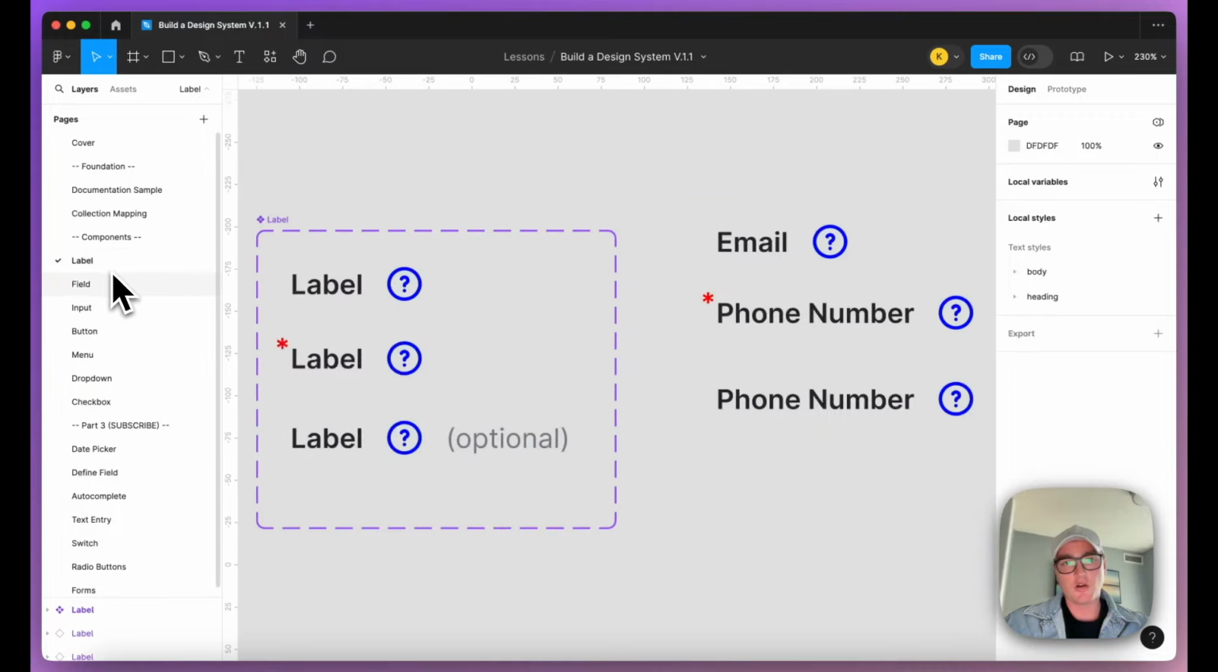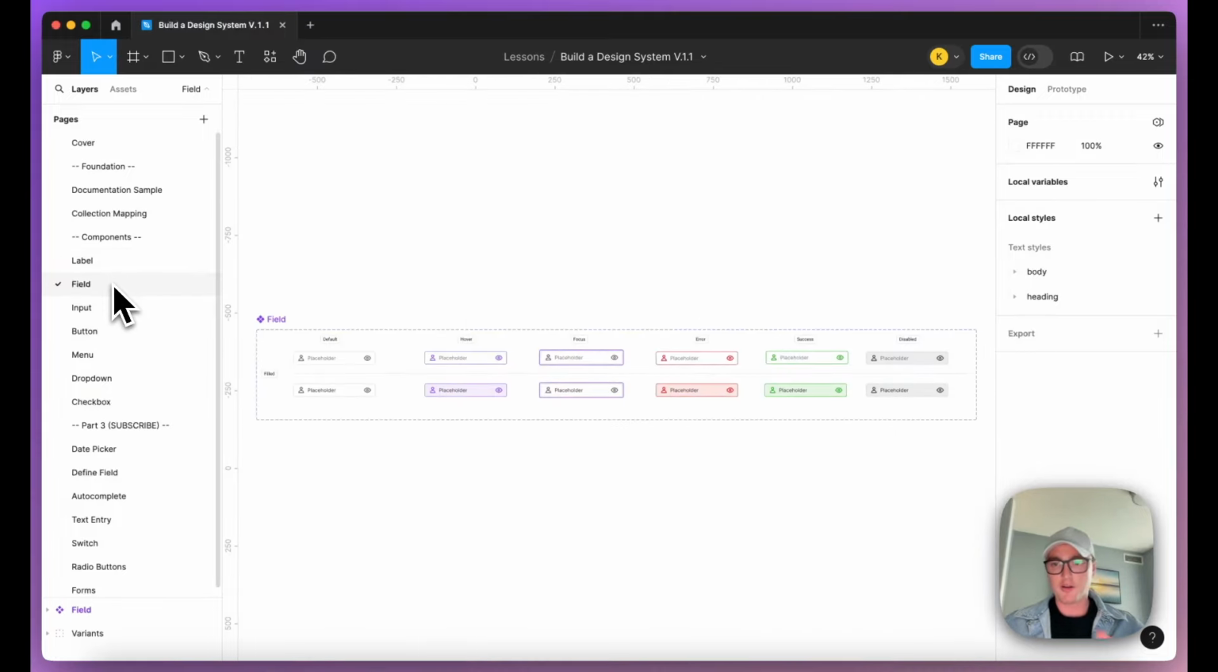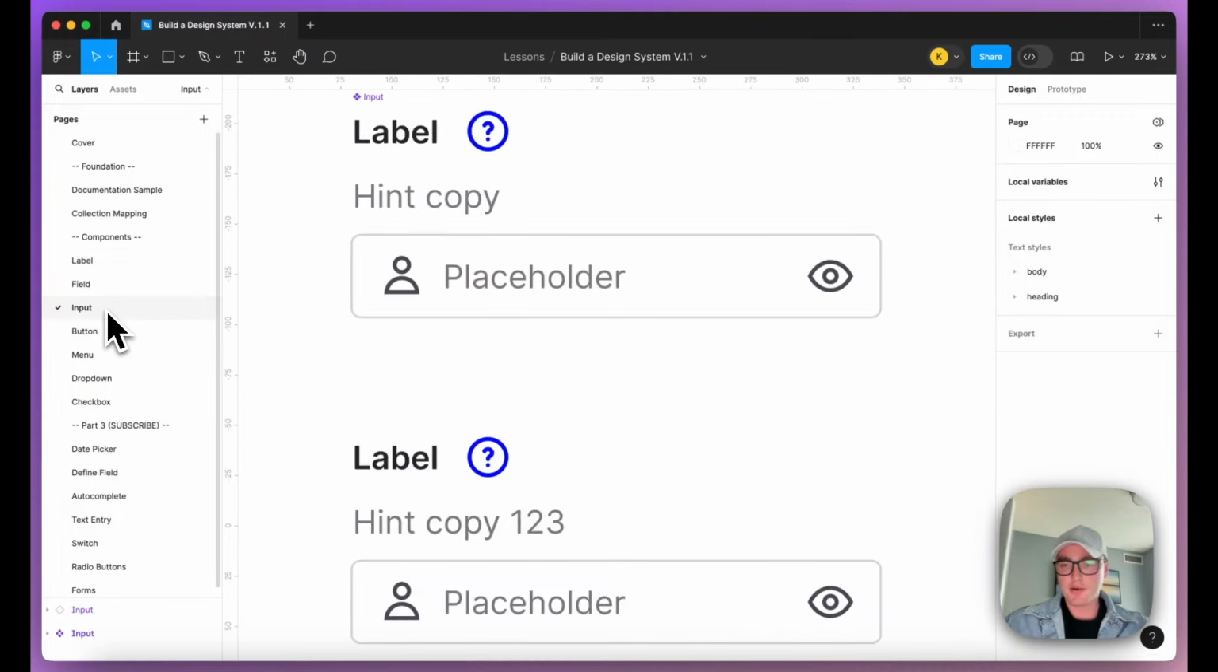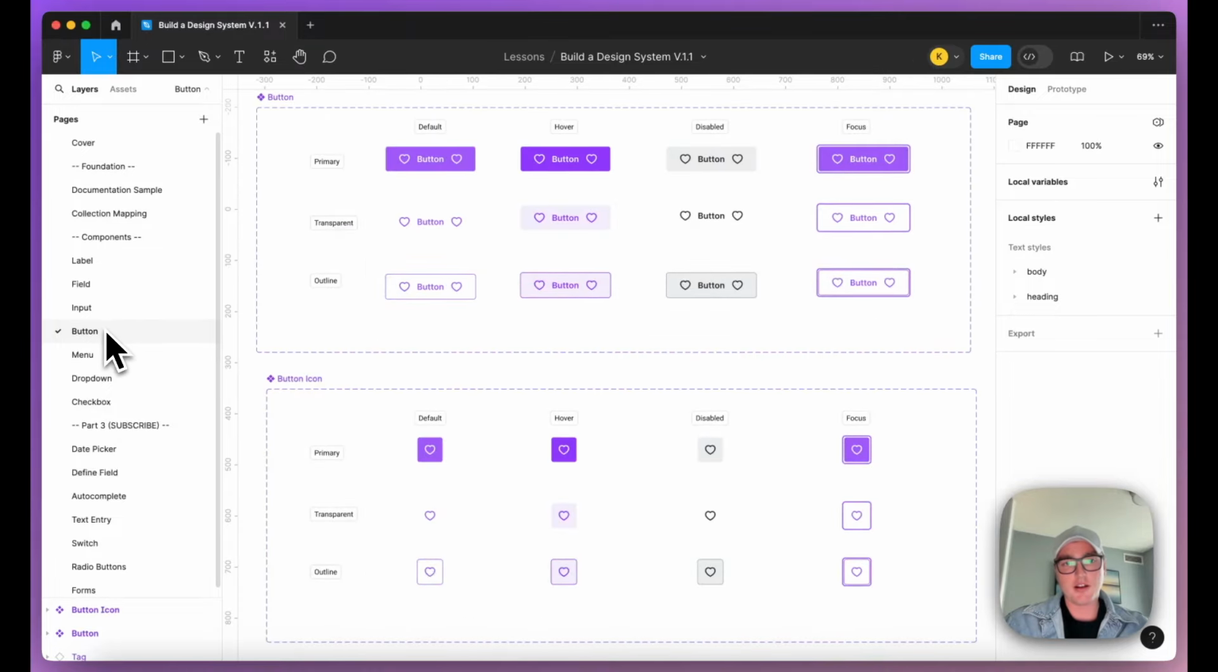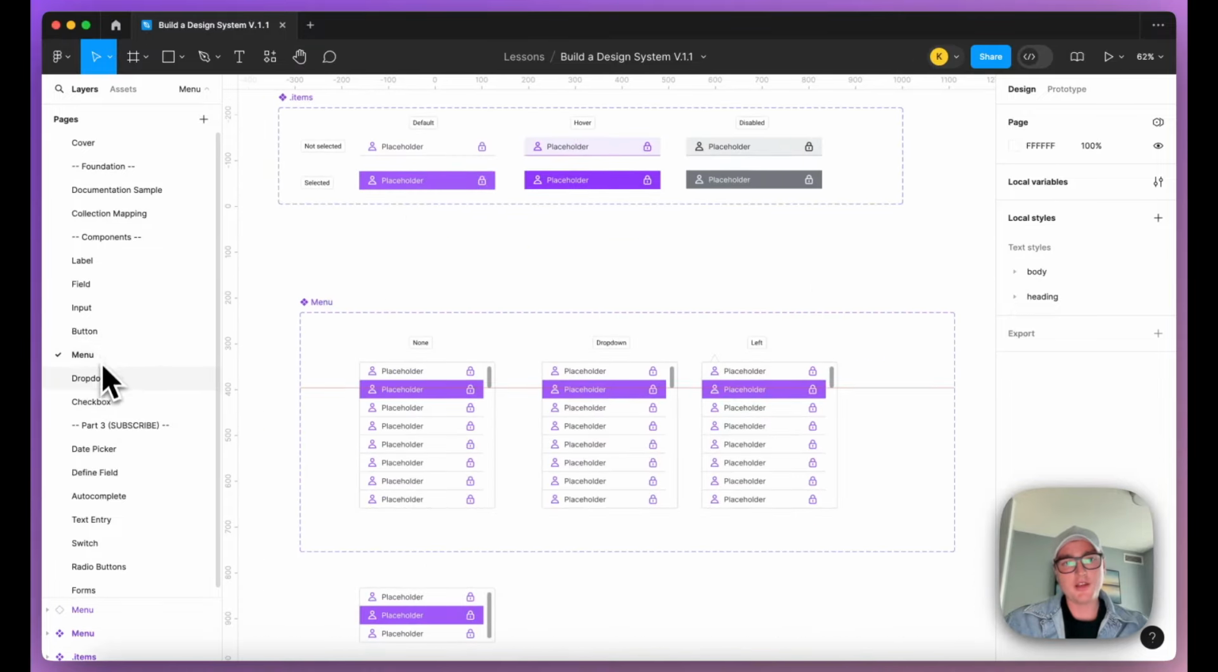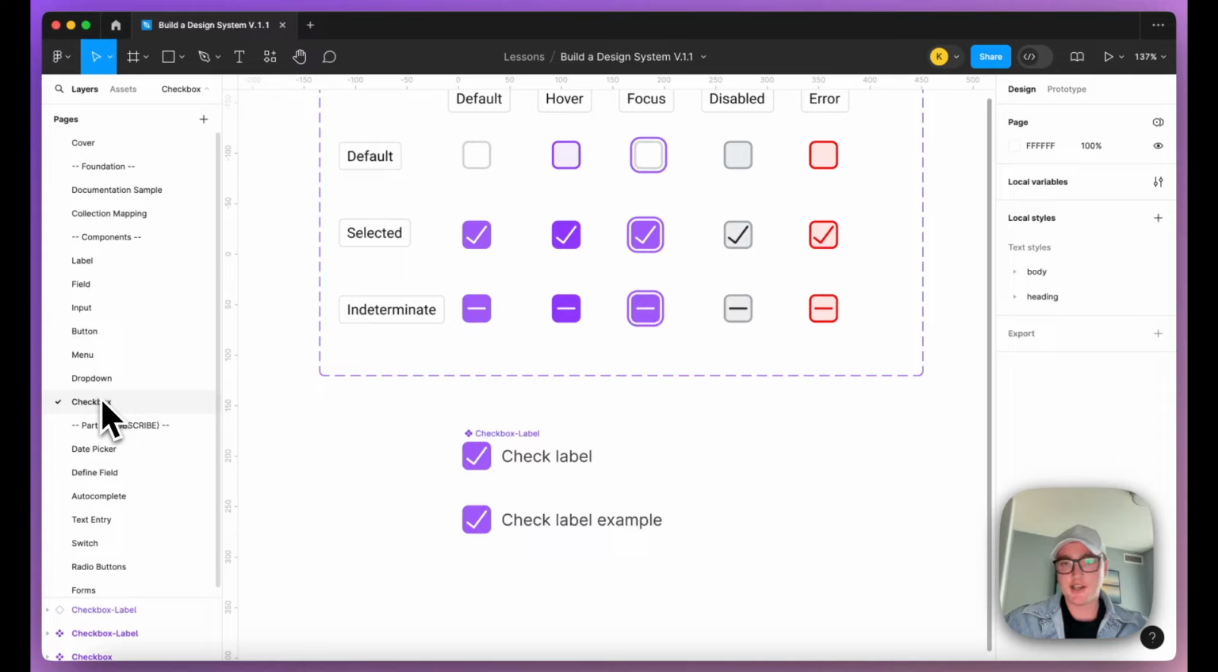So we're going to start off by looking at our label, our field. We're then going to combine our label and our field into build and input. We're also going to look at our button and our button icon, our menu, our dropdown, our checkbox, and then